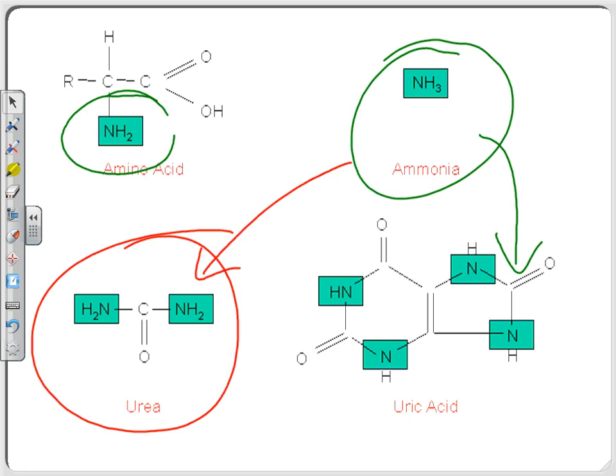Ammonia is the way fish get rid of their nitrogenous waste. They have to use lots of water because ammonia is very toxic. They have to get rid of it. Urea: mammals and amphibians convert ammonia along with CO2 into urea. It's still water soluble, but not as toxic as ammonia. We still flush it out with water, but not as much water as fish have to use.